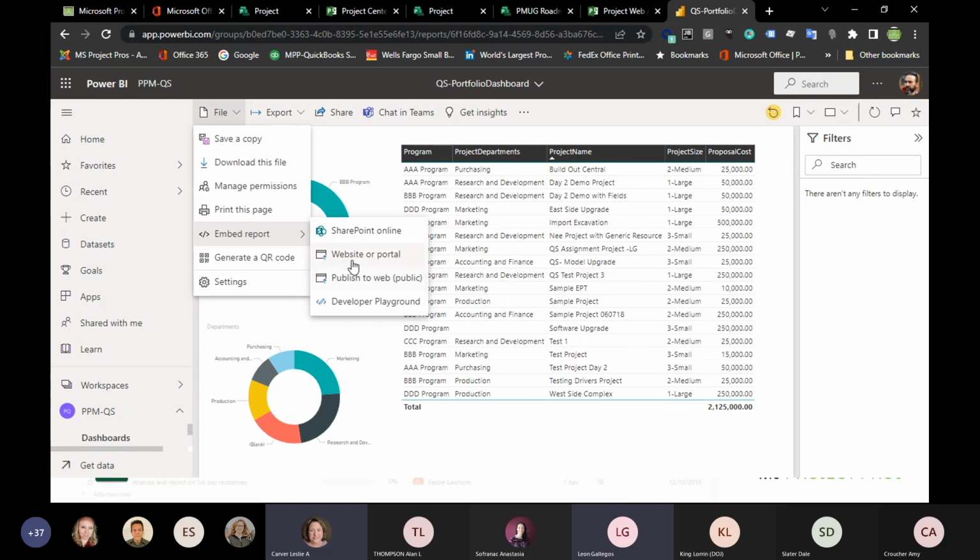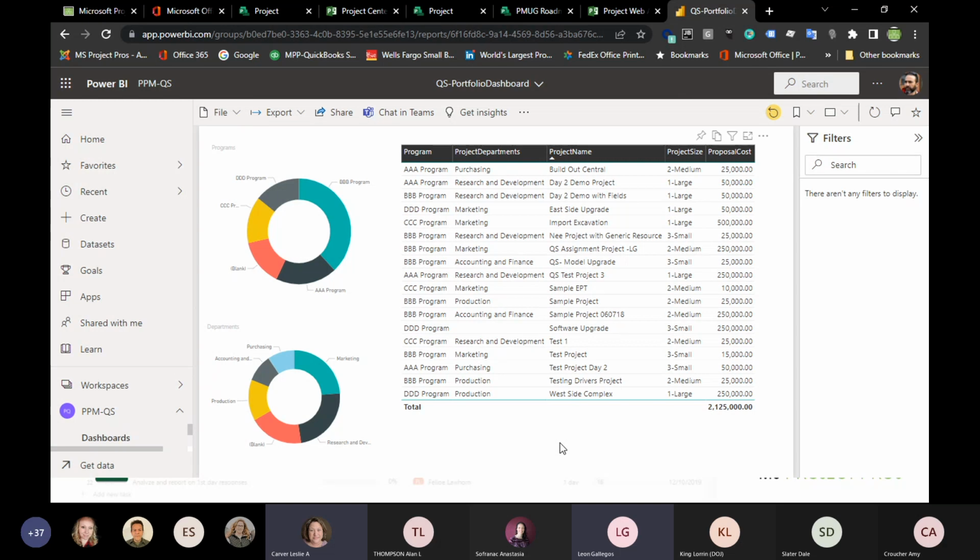And even look at these, right? We can publish these. Now this is going to pull in static data, right? These aren't going to be refreshed automatically, but these work quite well, right? So we can publish these out as a report, and then just update them whenever you need to have it out there. But if you embed it, it's going to be real time. Every time it refreshes, when the user goes out and looks at that page, it's the latest and greatest data. And usually these refresh nightly, right? Every 24 hours. You typically don't do it much more frequently than that.